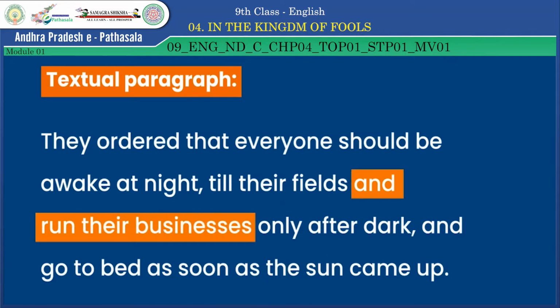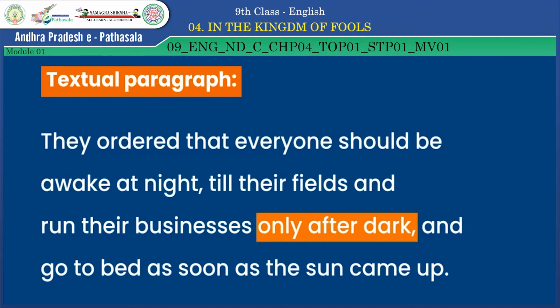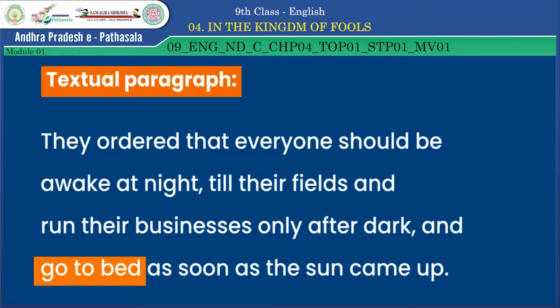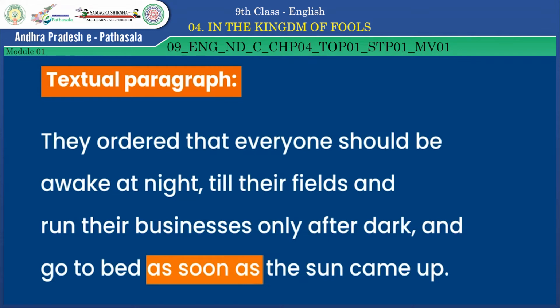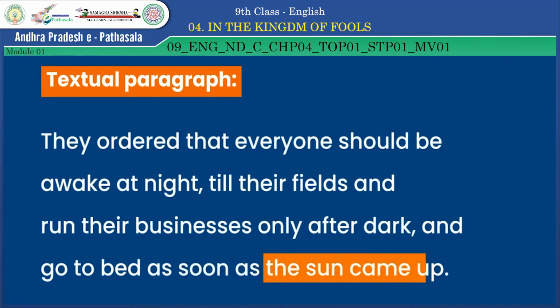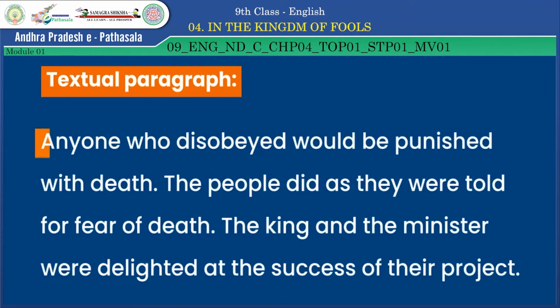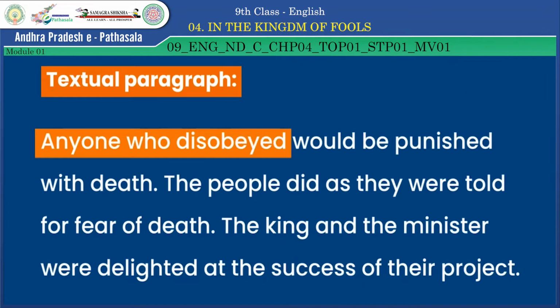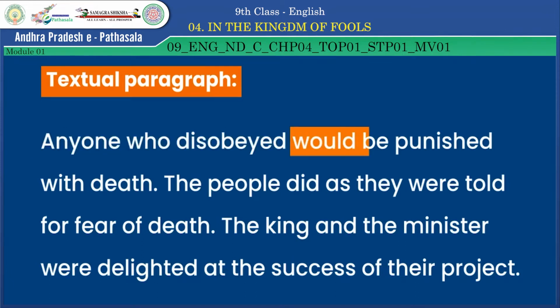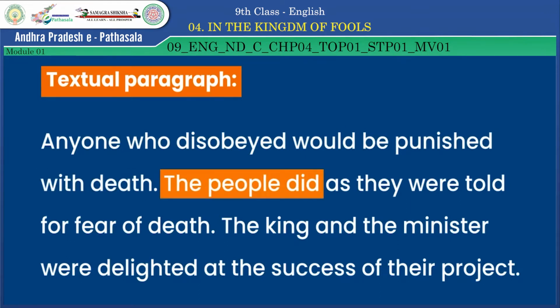After reading the first para of the lesson, the story seems to be very interesting, right children? Now let's move on to the summary of the story. In the summary of the story, let's first know about the important characters of the lesson. First, let's know about the troublemakers in the story, the king and the minister. Both were idiots and they belonged to the kingdom of fools.